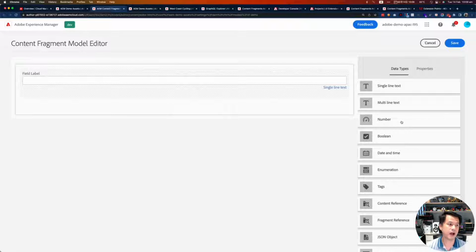Exactly. The way I see this from the developer perspective is, first, there's no code for me if I need to make a change to the schema. Secondly, I will show you later how quickly you can get the content from this model by using our GraphQL API.